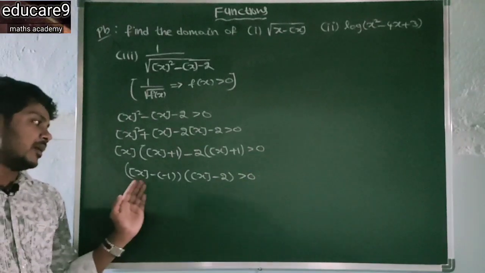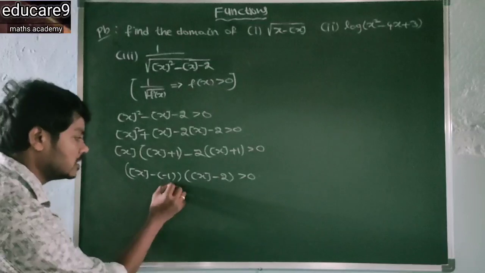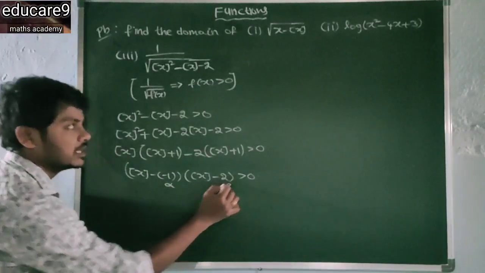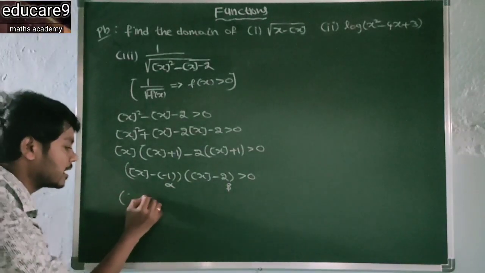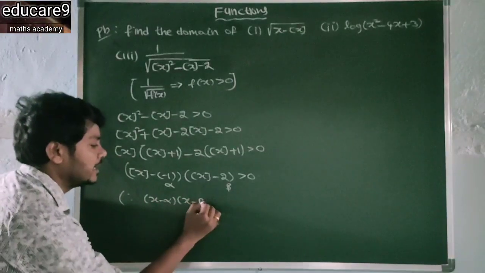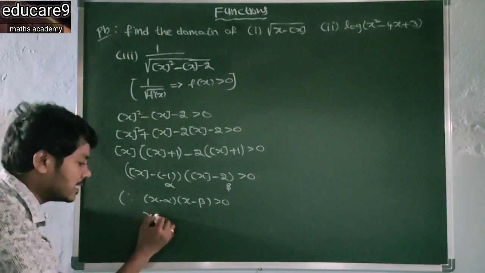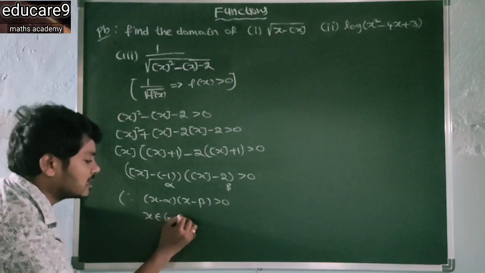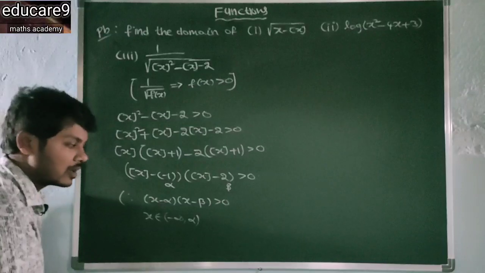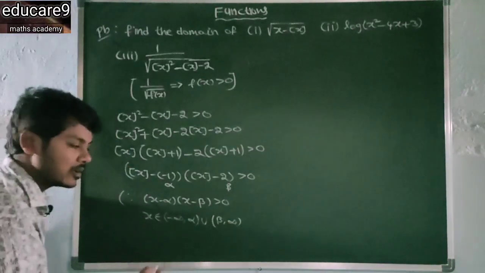So here it is in the form of x minus alpha into x minus beta is greater than 0. So this is alpha and this is beta. Since here x minus alpha into x minus beta is greater than 0. So in this case x belongs to minus infinity comma alpha union beta comma infinity, or